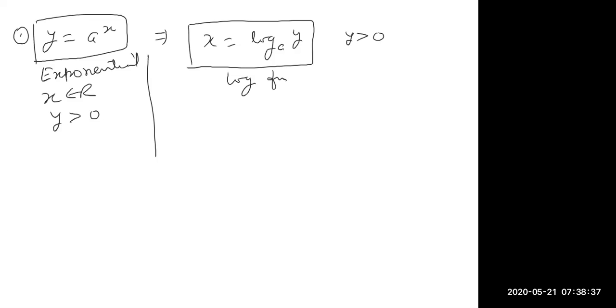See, when you are reading or somebody is explaining, sometimes you try to memorize without knowing why this condition is coming. This condition is coming because, as I told, these two functions are interchangeable. From one form you can convert to the other. So here x is equal to log a y. How to spell it? Log of y to the base a. Here also this a was the base.